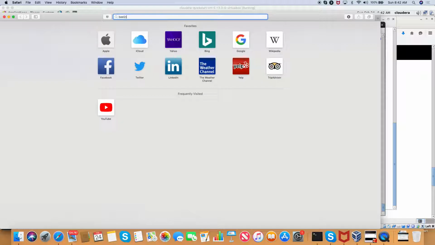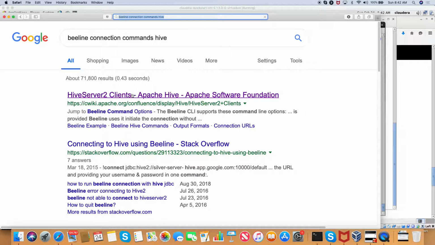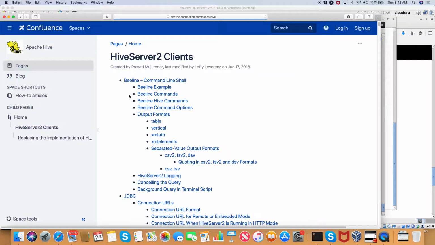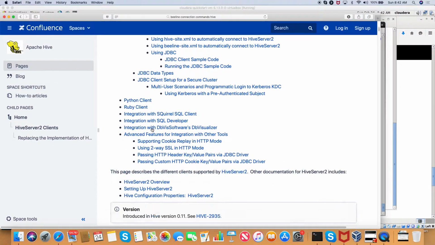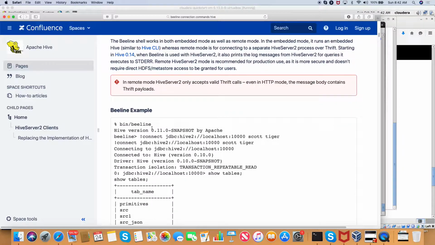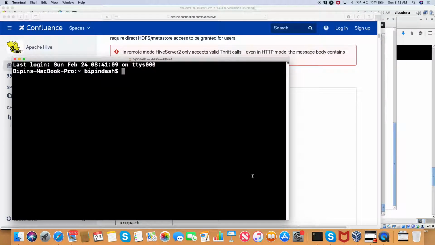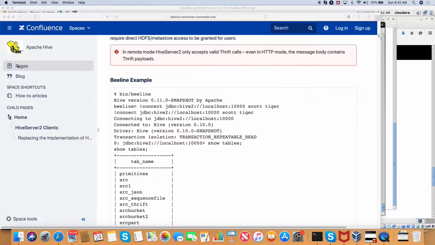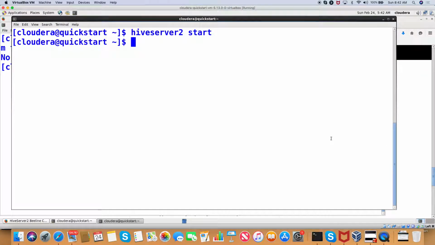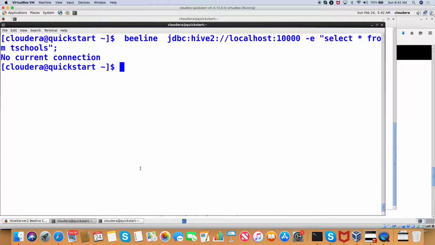Okay, beeline connection commands. Sorry, one minute. HiveServer2 clients connecting to Hive. So beeline command line options. Beeline commands. Okay, so beeline command shell, bin/beeline. So it is two steps. Okay, I forgot that. What you need to do is, after HiveServer2 is started,